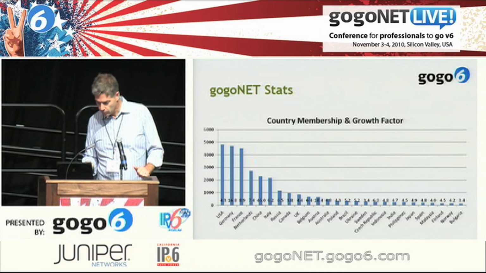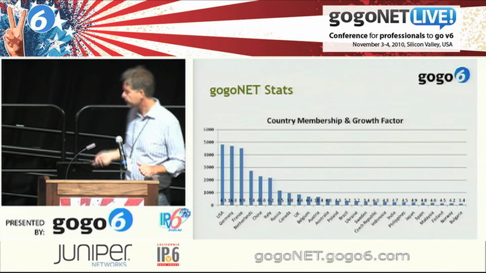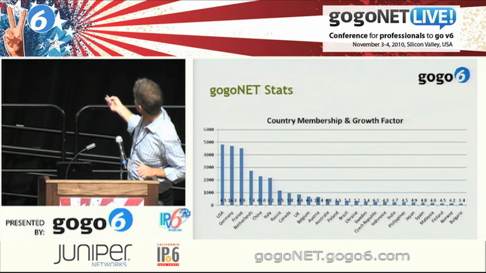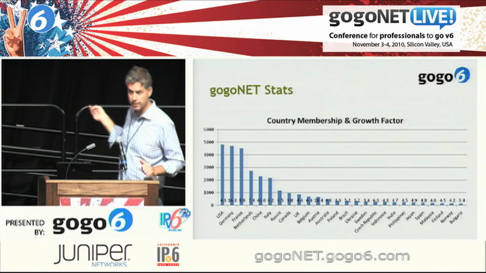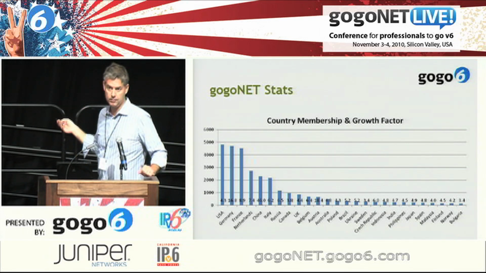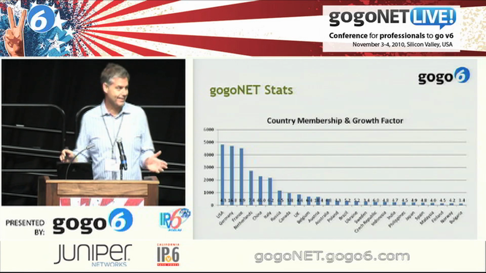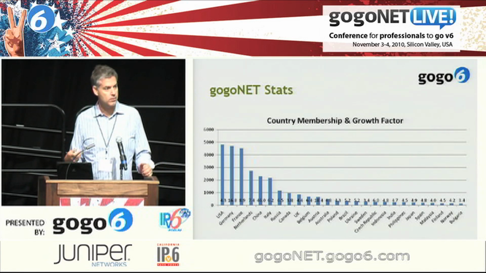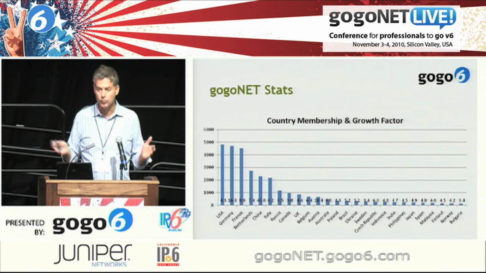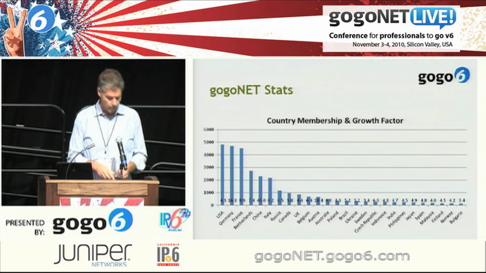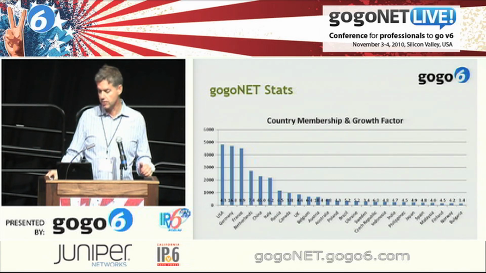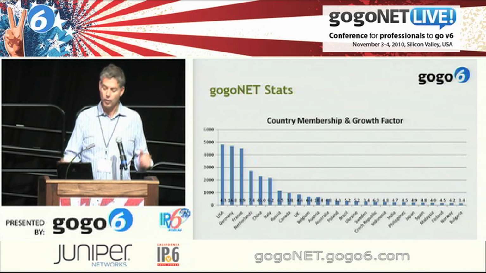But the one I really wanted to point out here is China. China has grown 46x. The average growth of the social network was 6x. So you can see now again what this means. I don't know if you can really infer that much from this, but eventually you will be able to when the numbers get larger. But it certainly says that there are a lot more people at least aware of this social network in China, and it's growing quite quickly.